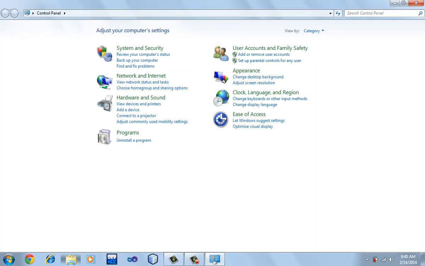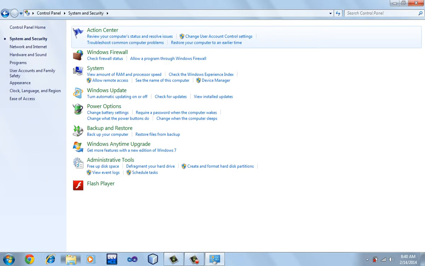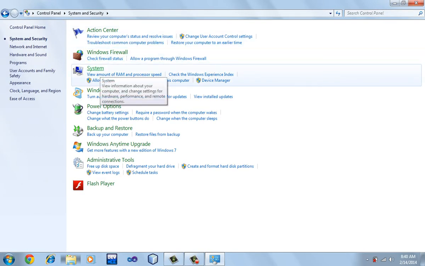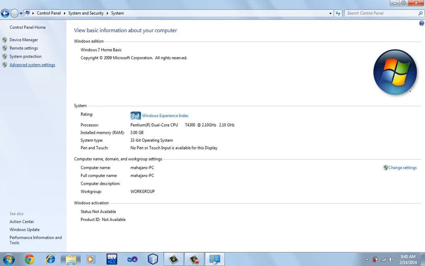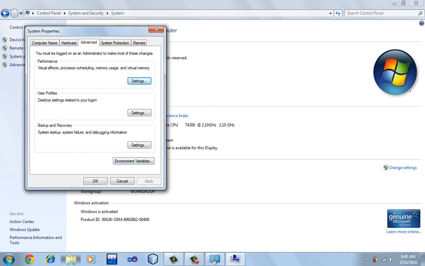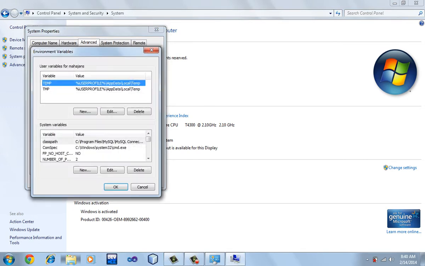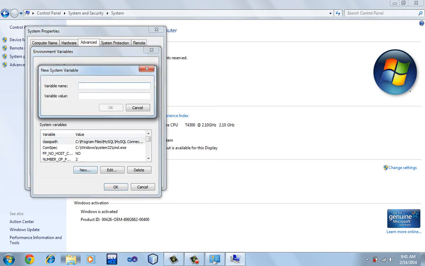Go to Control Panel, System and Security, System, click on Advanced settings, then go to the button Environment Variables and click on it. You might not be finding this one, the CLASSPATH environment variable. I've already set it, so that is why we are seeing it here. If you don't find this variable, CLASSPATH, what you can do is go to New, type CLASSPATH,